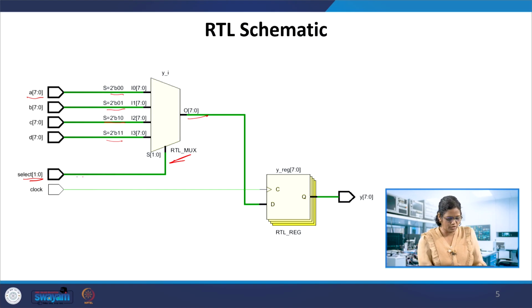You can simply check the select for 00 or not. So it just gives the select bits 0 and 1, and the clock, CLK, and each of the bits, that is, 8 bits for 4 choices. Given here is Q, this is Y equal to 7 down to 0. So multiple registers have been given in the schematic. The clock and the D input: the D is getting the data from the mux output.